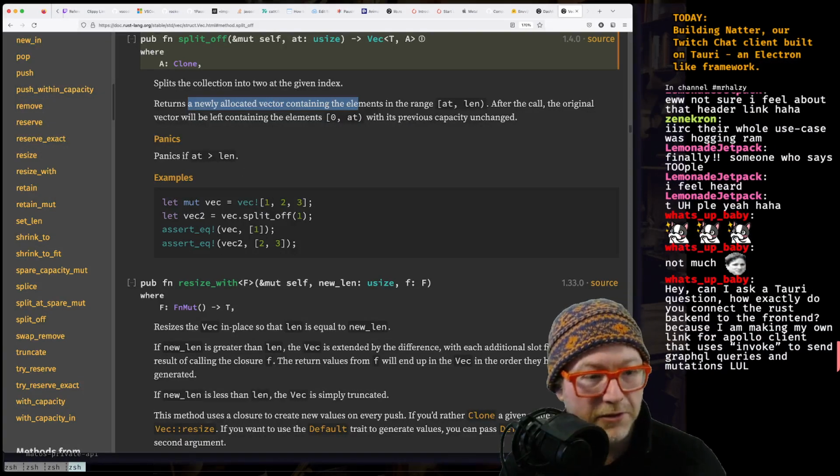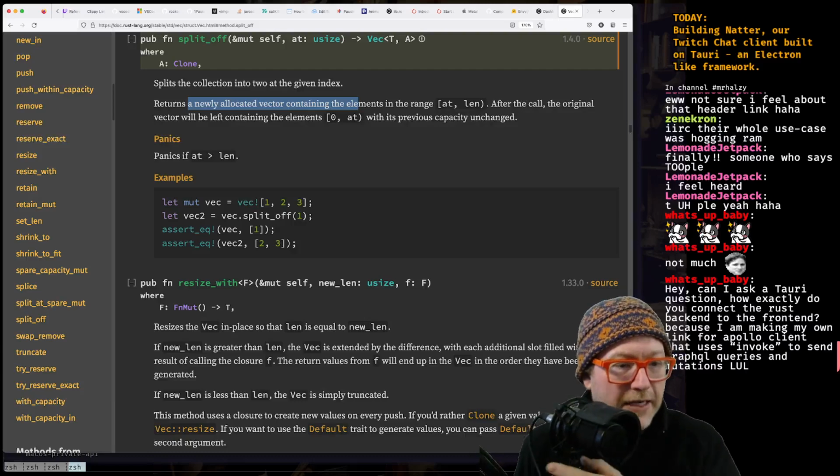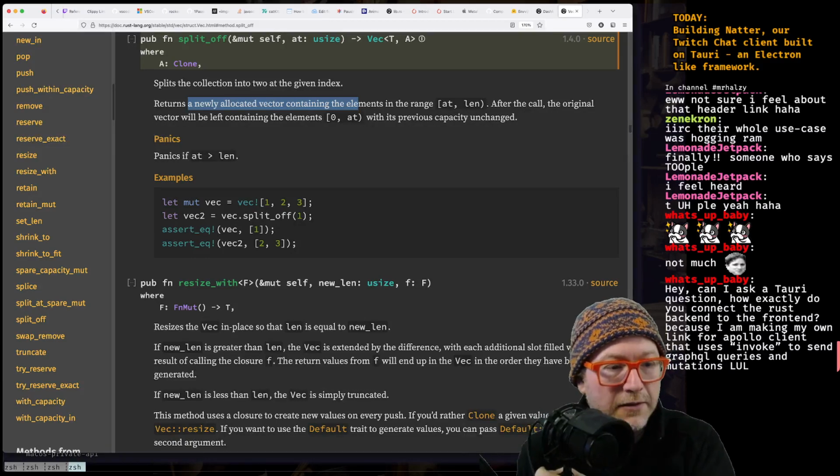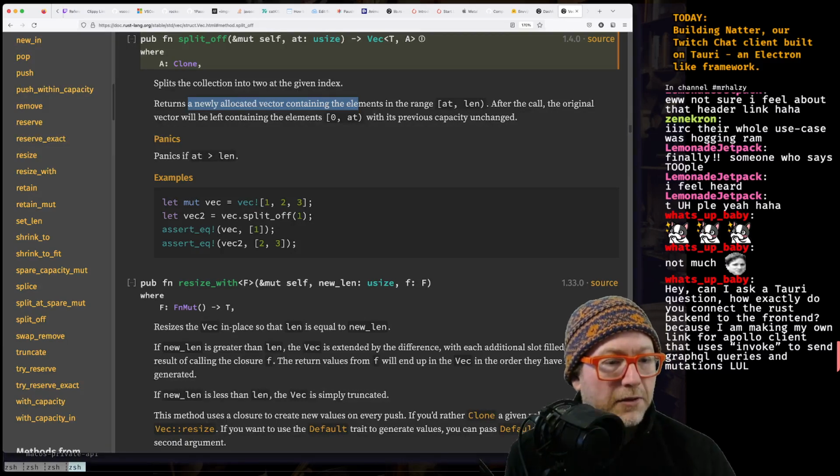A Tauri question, sure, I'll try to answer. How exactly do you connect the Rust backend to the front end? Because you are making your own link for Apollo client that uses invoke to send GraphQL queries and mutations. Okay, so